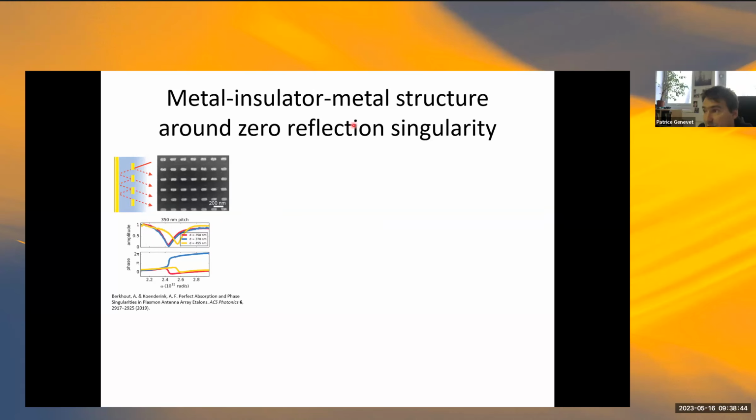This is essentially what has been observed in various papers where people have been designing this kind of metal insulator metasurface, but never explaining it by looking at the position of those 0 topological phase singularities, which are essentially the key quantities to really describe the physics. You see, when you pass the critical coupling condition, when you pass beyond this blue curve, then you start to see a 2-pi phase variation that comes from the under to overcoupled regime.